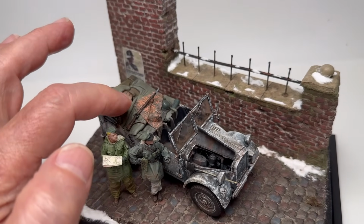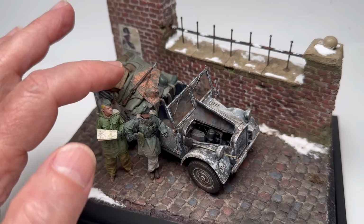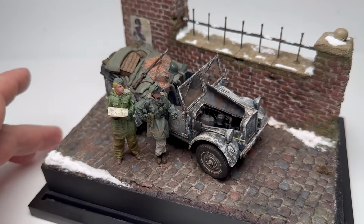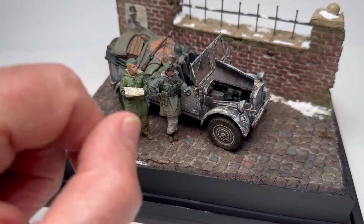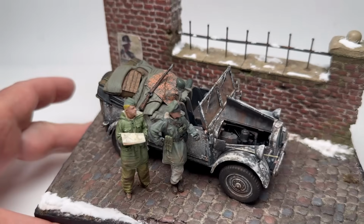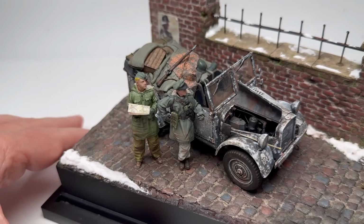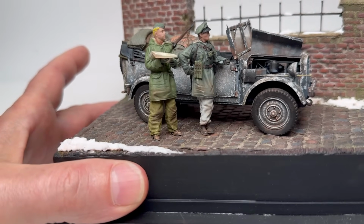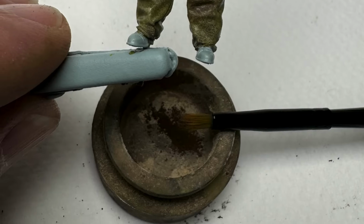I hope that this was kind of a cool idea for the camouflaged pattern there, just out of paper. His map that's just printed out. The only other things I did is I used pastels ground down mixed with turpenoid, just put a little bit on the tires there, give a little color. And that is pretty much it. Figures, painted the figures in oils for the most part, and I like the way they came out. Any weathering on them is done with pastels rubbed in, and other than that,